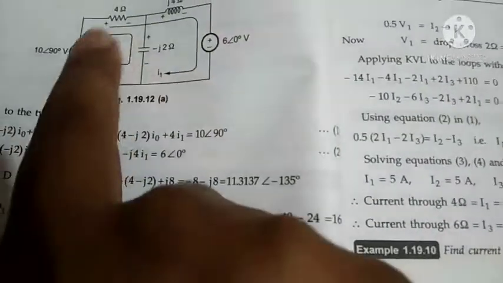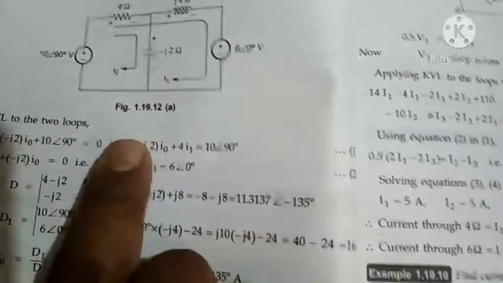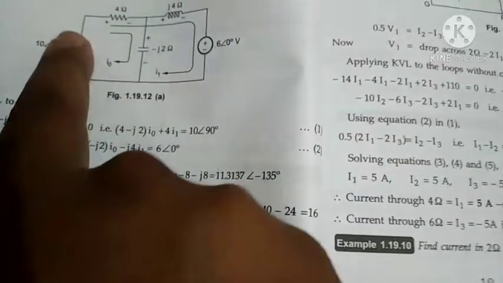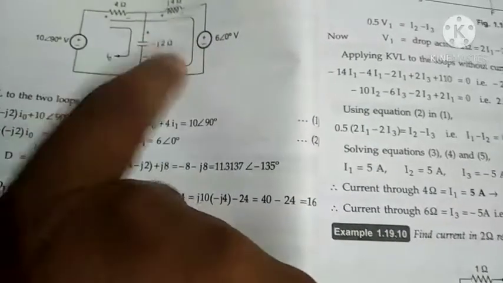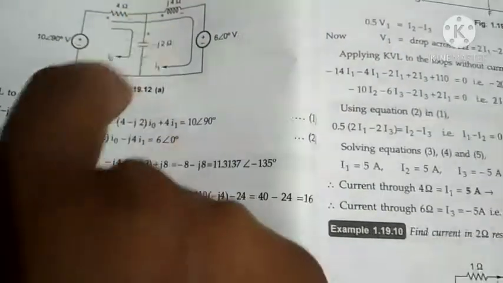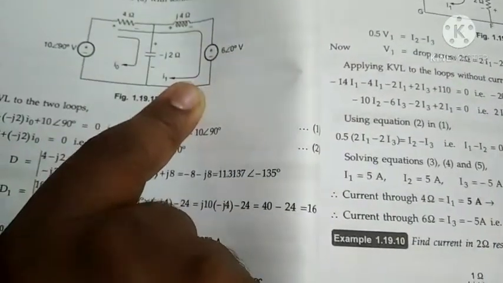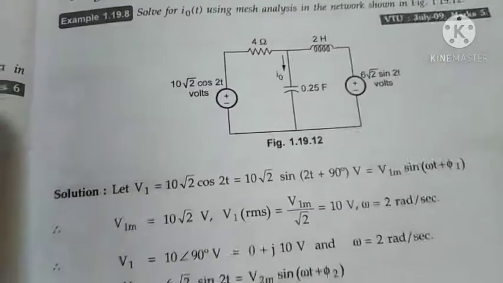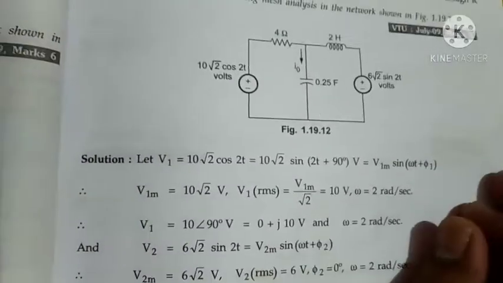Here they have taken the meshes in order to indicate that we can take meshes like this also. In this problem they have taken the mesh in this direction. We can also take the two meshes separately if we want, meaning one mesh here and one mesh here. Because I am explaining as per the textbook, let us take the current direction similarly.